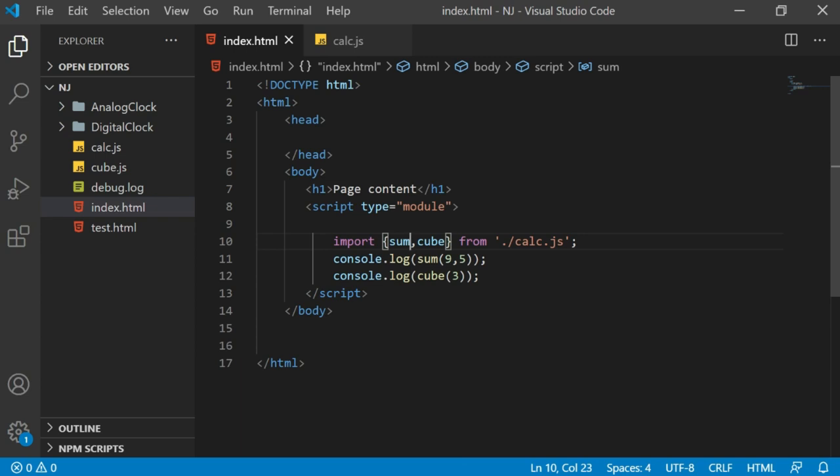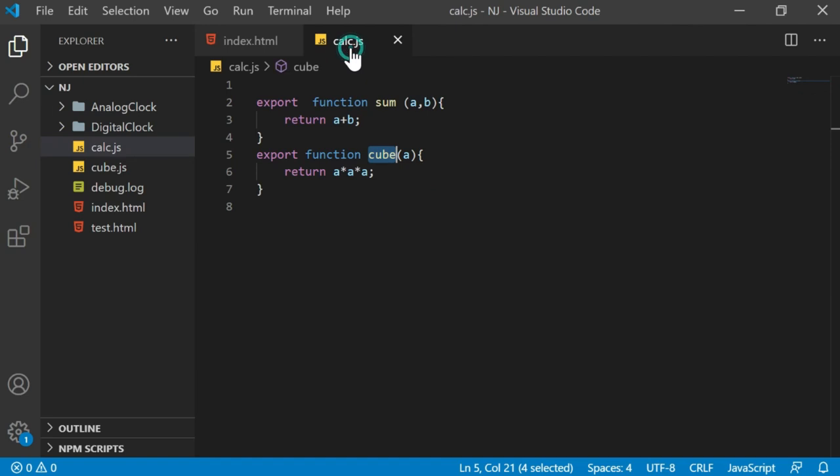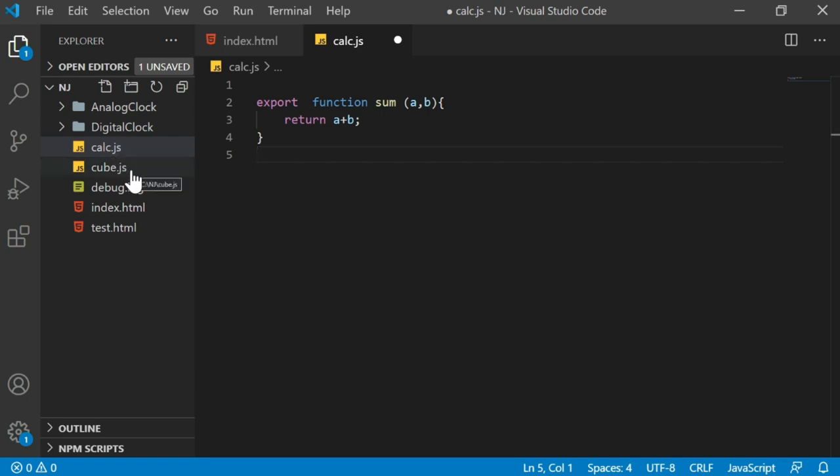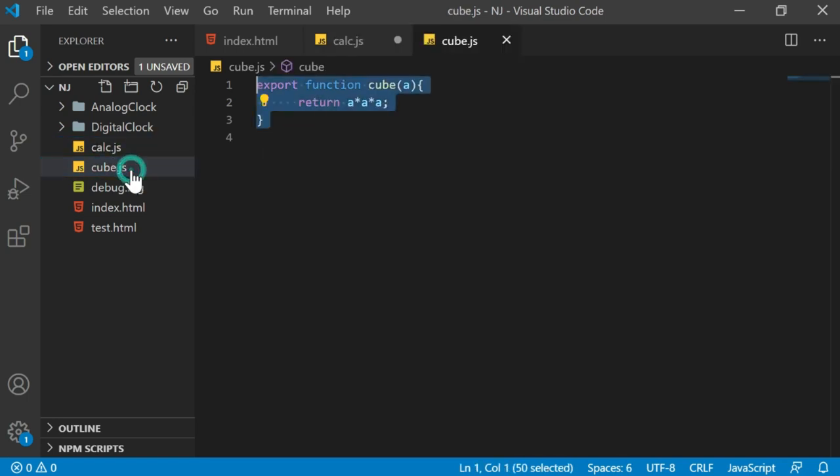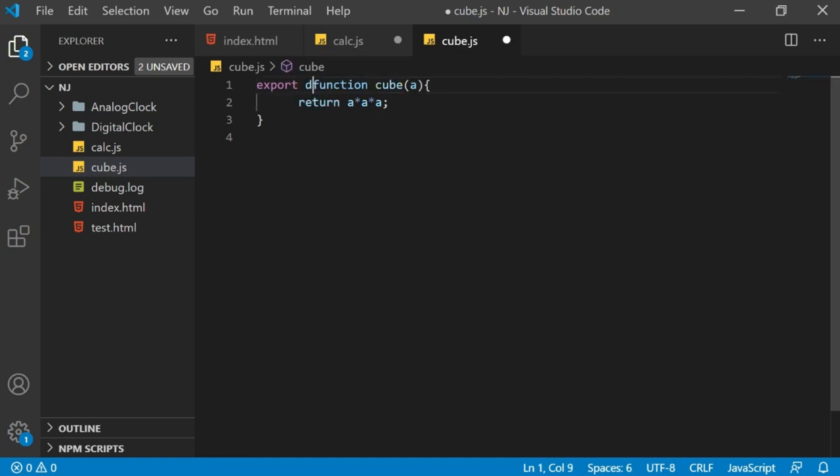Now if I have to convert the very same thing with the default import and export approach, then it has to be something like this, where let's say I have this cube.js file. I'll create a separate file in fact, but I already have created. So this cube function I should put inside this cube.js, and then I'll just say export default function cube.